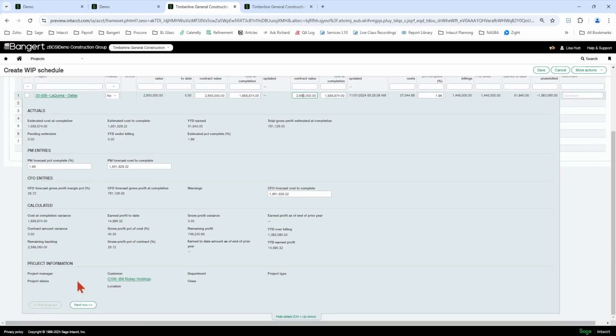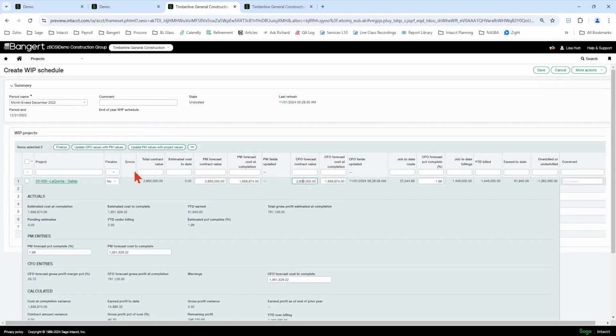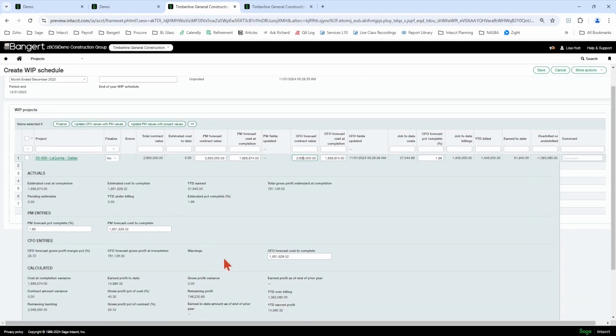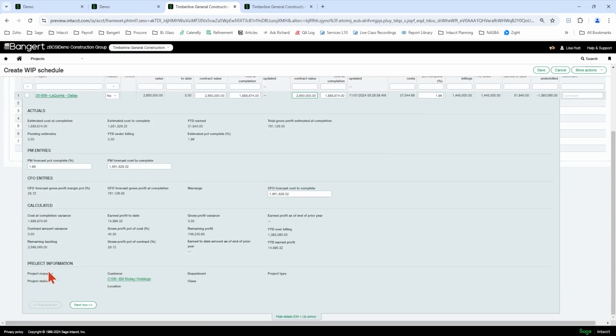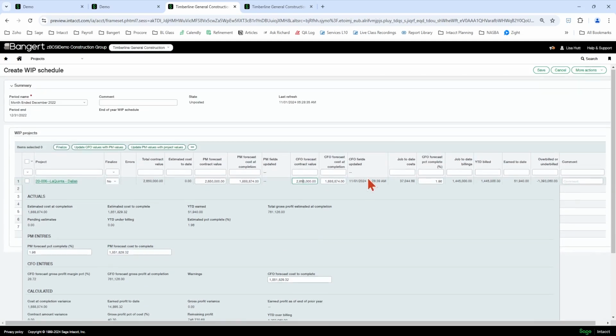Also down here, having the project manager either down here or in one of these columns, you can then easily see who you need to talk to if some values look strange. So just some key usage sample scenarios of why these new fields are important. Project status as well. If this now is in a closed state, you might want to put this to 100% complete.